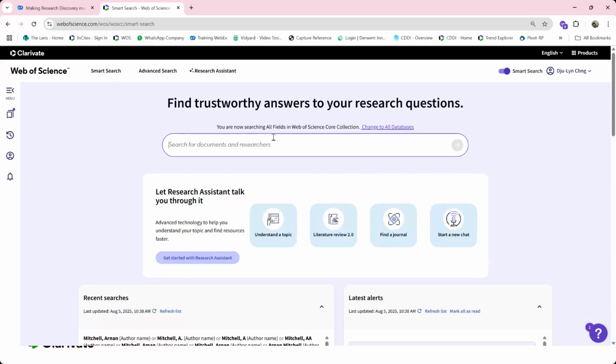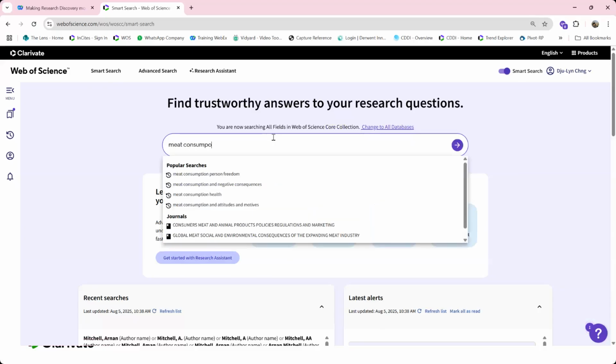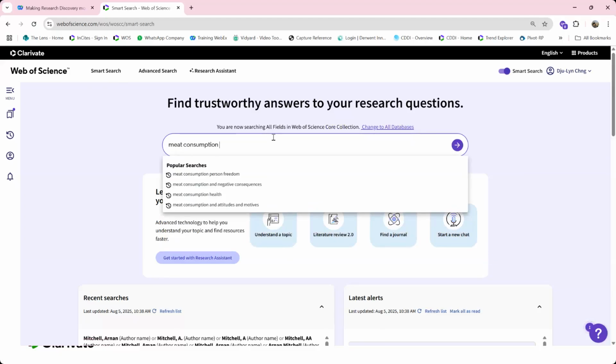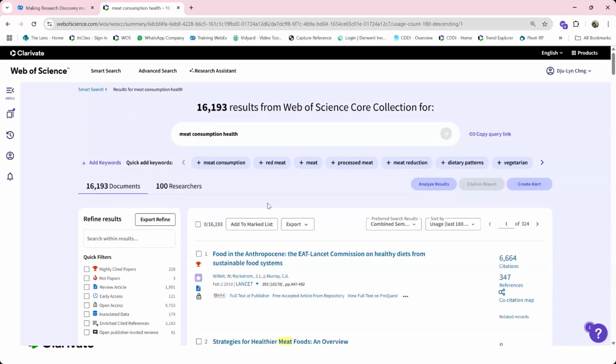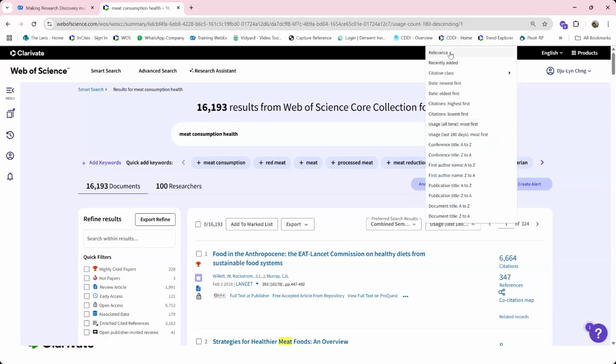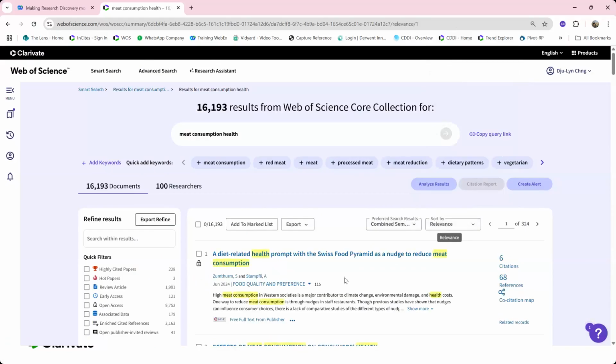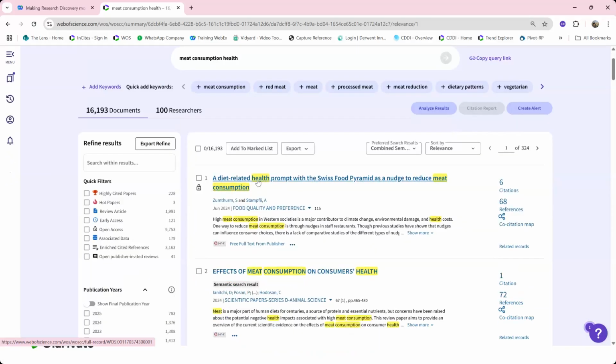So from here, I can do maybe a search for meat consumption. And it will tell you some of the popular searches. So meat consumption and health is one. And from here, this would be a combination of the semantic search and the Boolean search. We can list down the most relevant ones, sorted by relevance. So this would show you the most relevant set of results at the top,